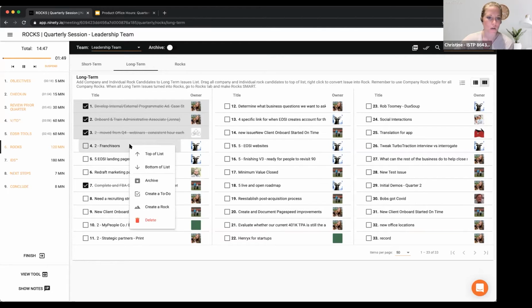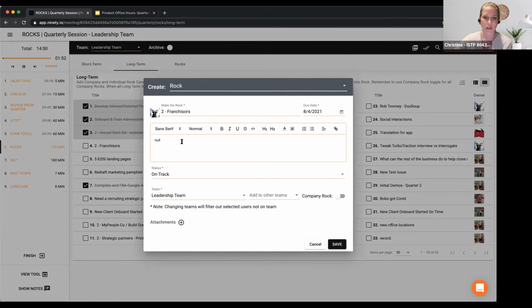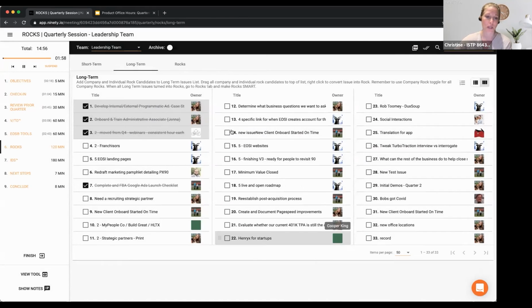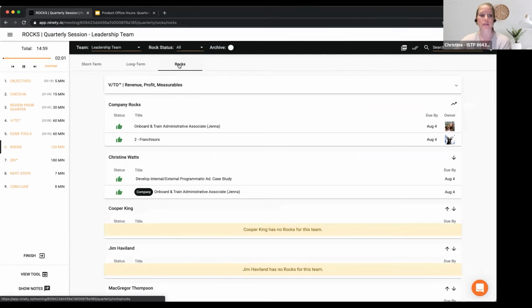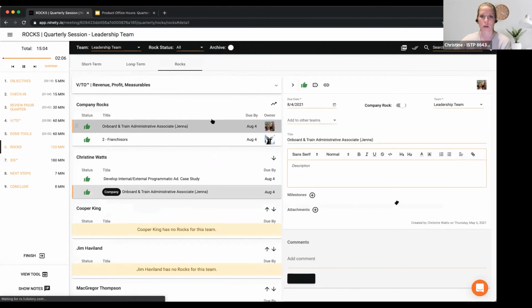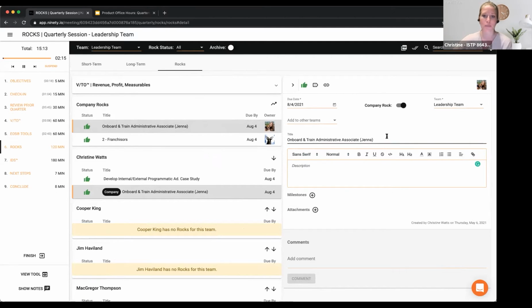Definitely. So you can go through this create a rock function as much as you want to. Usually what happens is you're creating the rock first. You can decide if it's a company rock or not right away. And then you can spend some time, you've got a fair amount of time in this section. Go to the rocks page and actually start thinking through, what are those end deliverables you want to have? I don't know if you need to build out every milestone or make every rock extremely SMART, but at least put enough in the title here where the full team agrees on what's happening at the end of the quarter with this item. And then you can get into some of the details.